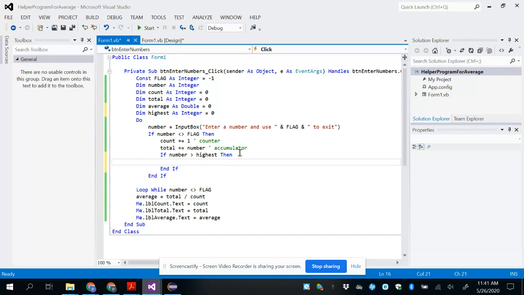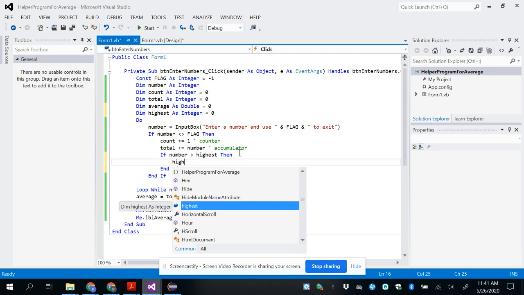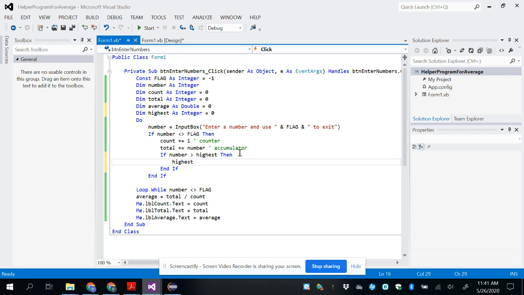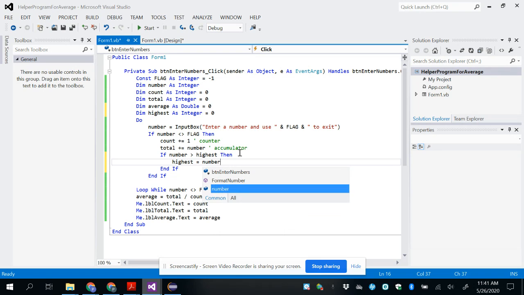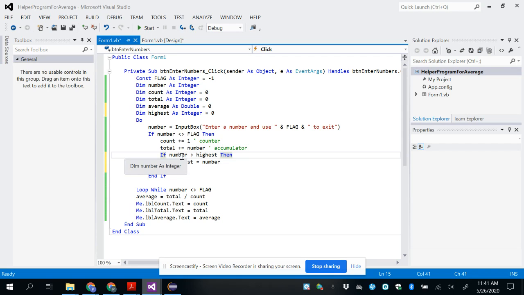If I type a 1, for example, then the new highest is going to be reset to be the number, because that was bigger than my currently highest. And if I keep doing that in the loop, if the numbers are higher, it'll replace highest with that number. And by the end,